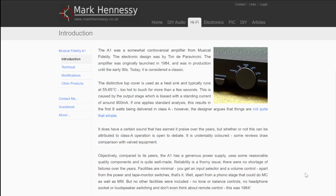So these amplifiers were very well regarded in the day. Back in 1984, these were in production, and so you find that there is quite a bunch of information online about them. And this page by Mark Hennessy is quite complete, and I've spoken to Mark. He's happy for me to share the content here, and what he's got is an introduction, just some of the history, and then some of the comments about the issues and the like, and we start right away by talking about reliability being